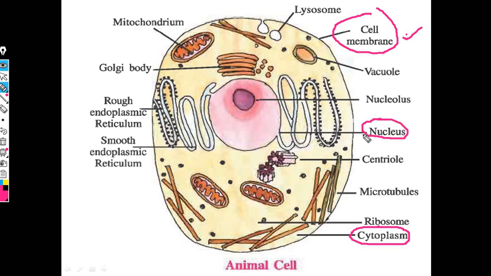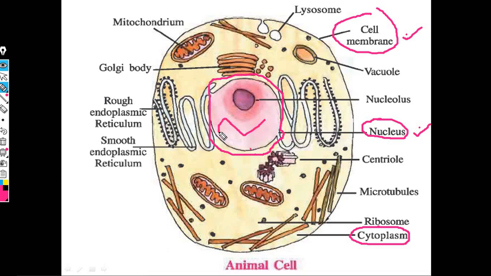Moving toward the second, the nucleus. The nucleus is definitely the most important part of any cell, because it controls the overall activities, metabolic activities, and cellular activities within a cell. So it is the controller, or you can say the director of the cell. That is how you can define it. Just like a cell has a cell membrane, nucleus and cytoplasm, similarly the nucleus also has a nuclear membrane. You can see that here I have shown it as a single layer, but actually there are two layers. Why two layers?